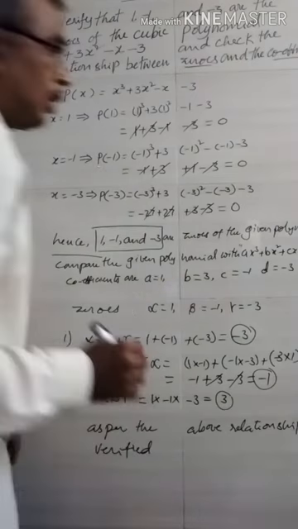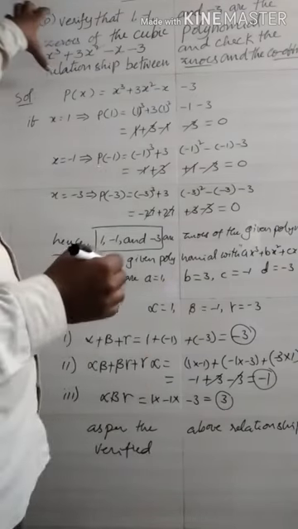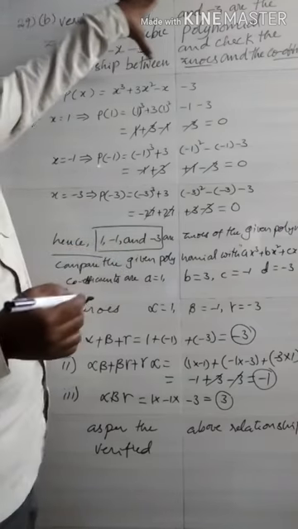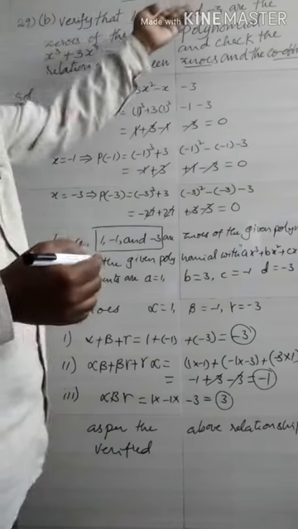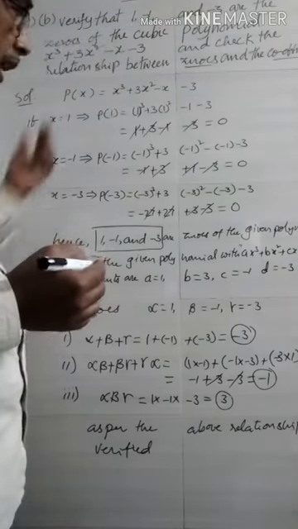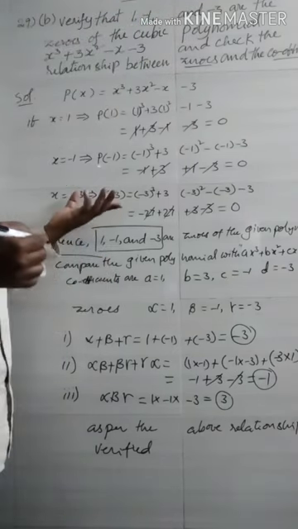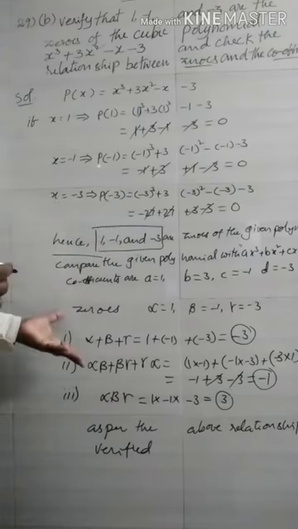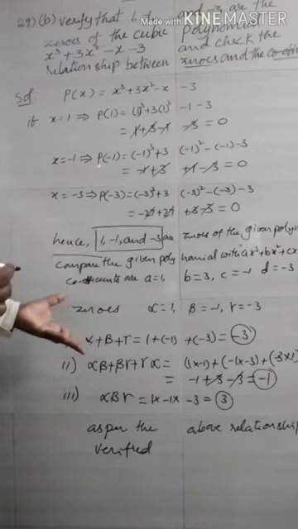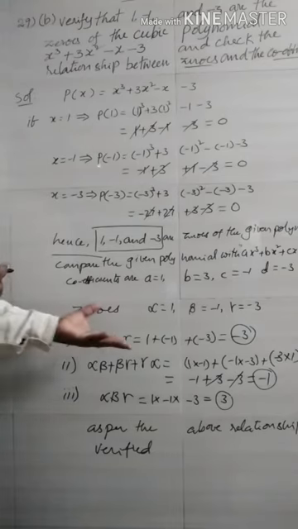Okay, now you may observe here the given question is in two parts. First, we check whether the given 1, minus 1, minus 3 are zeros or not. Up to this level, one part. After that, we find the relationship, check the relationship between zeros and the coefficients of the given polynomial. Okay.